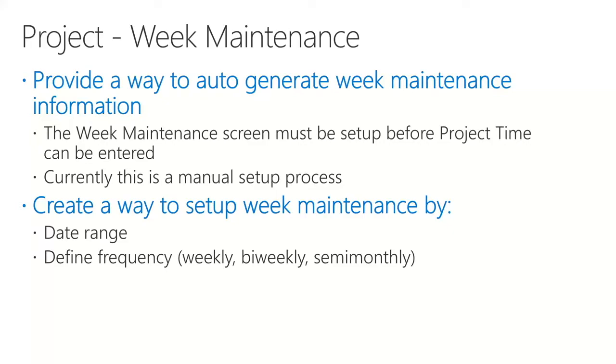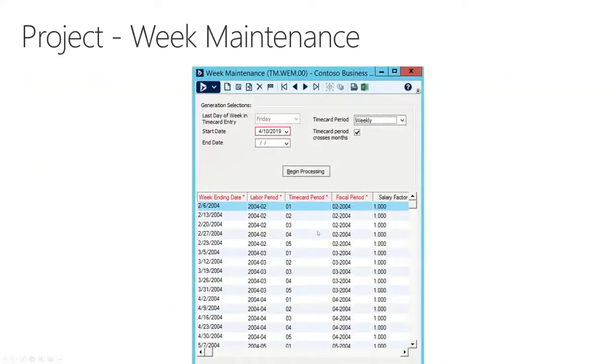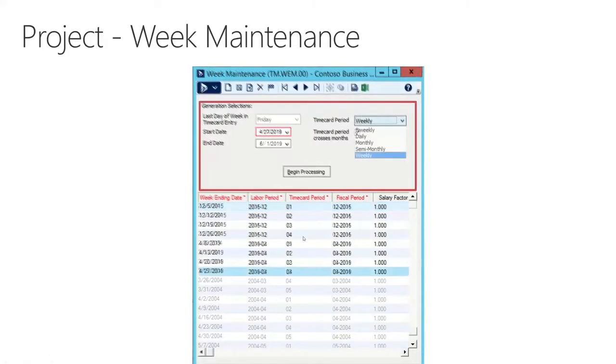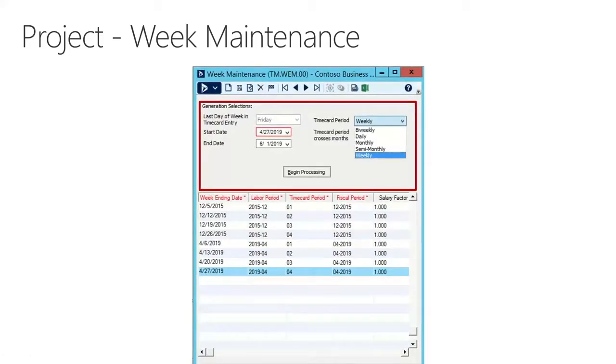This kind of came from me too, because when I'm doing demonstrations around web apps, I constantly have to set up the week maintenance screen. So I said, hey, let's add this whole section to the top of the screen in red. I want to be able to, instead of having to manually type in the week ending dates, labor period, time card period, fiscal period, instead of having to do that, I'd love it. I could just go into a screen, choose the first date, choose the last date, tell it what my time card period is, and then when I hit begin processing, what it will do